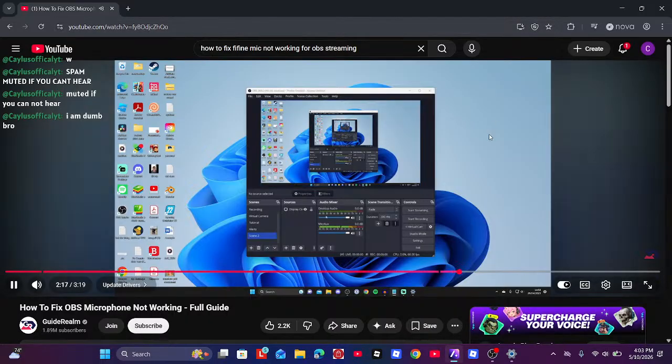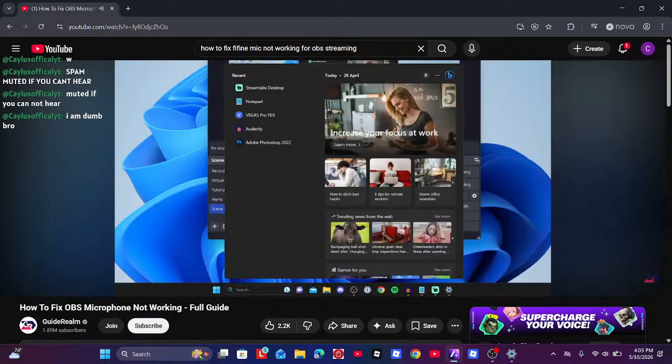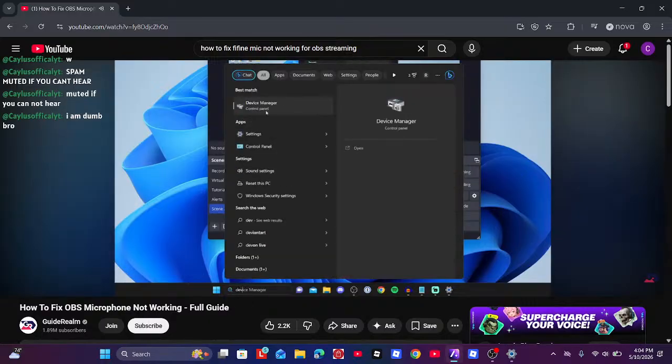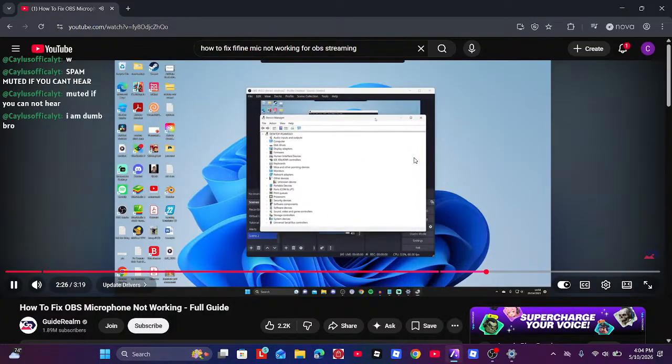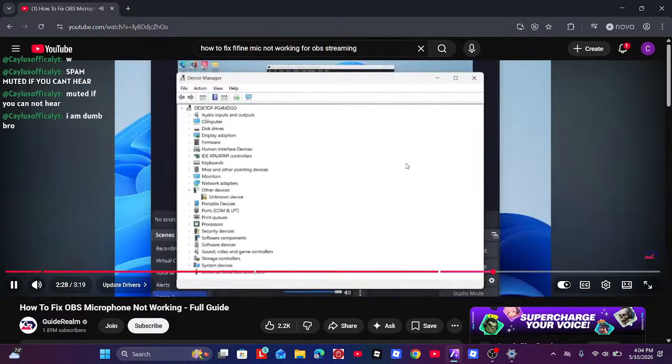To do that, just go to the bottom of Windows and tap on search and type in device manager. It should appear pretty quickly, and here it is. And then what I'm going to do is zoom in on this for you guys. So what we're going to do is go up